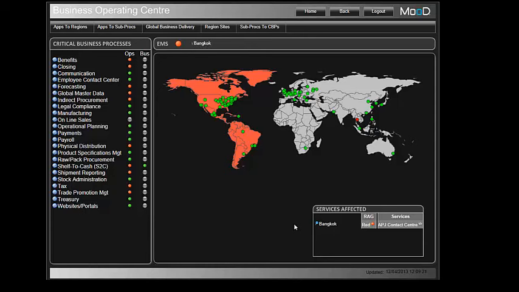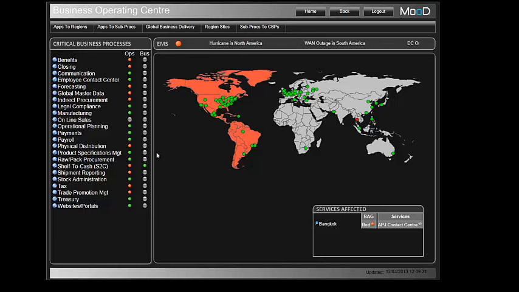From the CIO's perspective, they've got two big goals. One is to have very clear line of sight from IT investment through to business outcome delivery. In this case, critical business process enablement. The other thing they want to do is they want to be on the front foot. When there's an incident, they want to know about it and they want to be able to articulate and understand the impact on the business in terms of shipments affected, sites that are down, or business processes that can't be